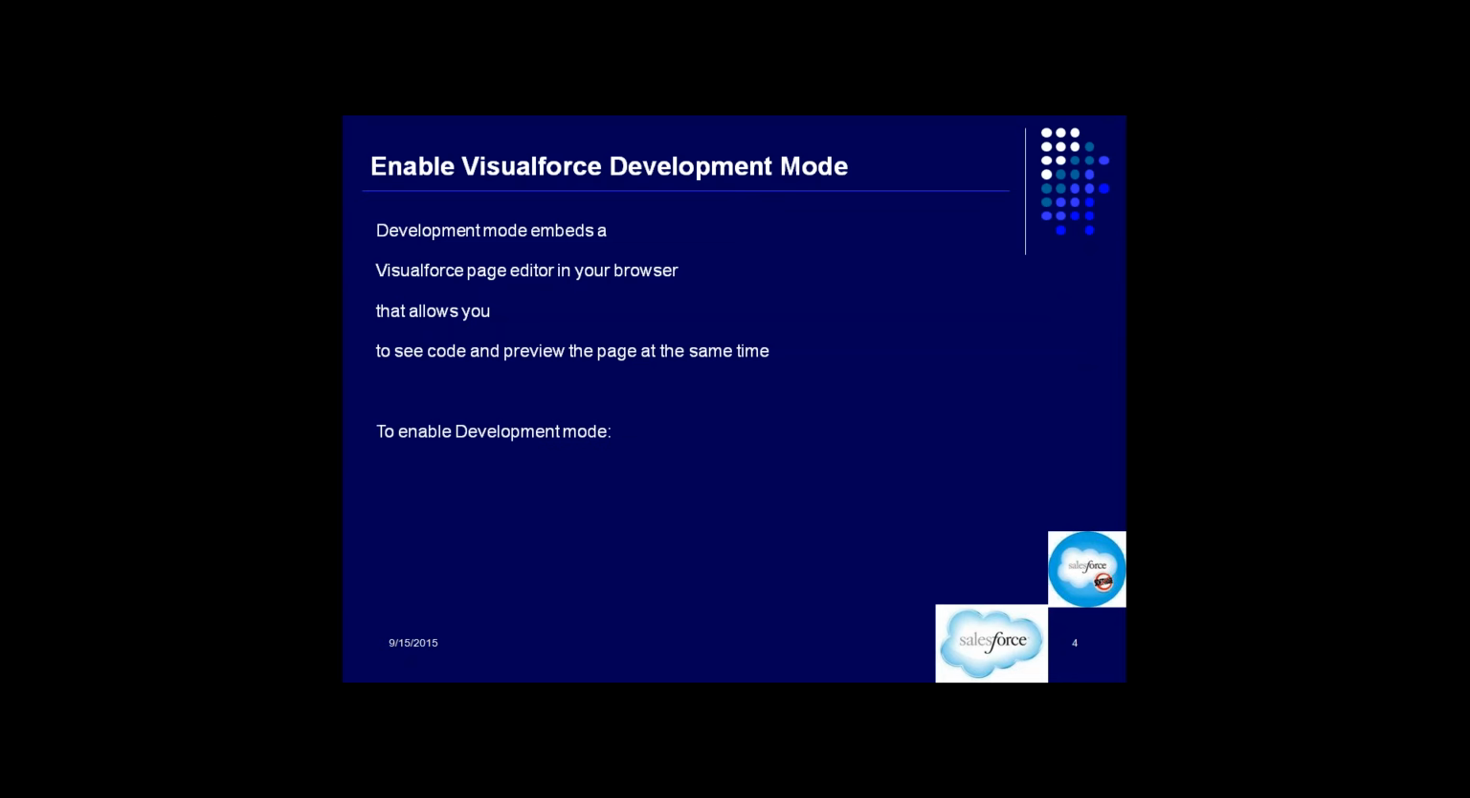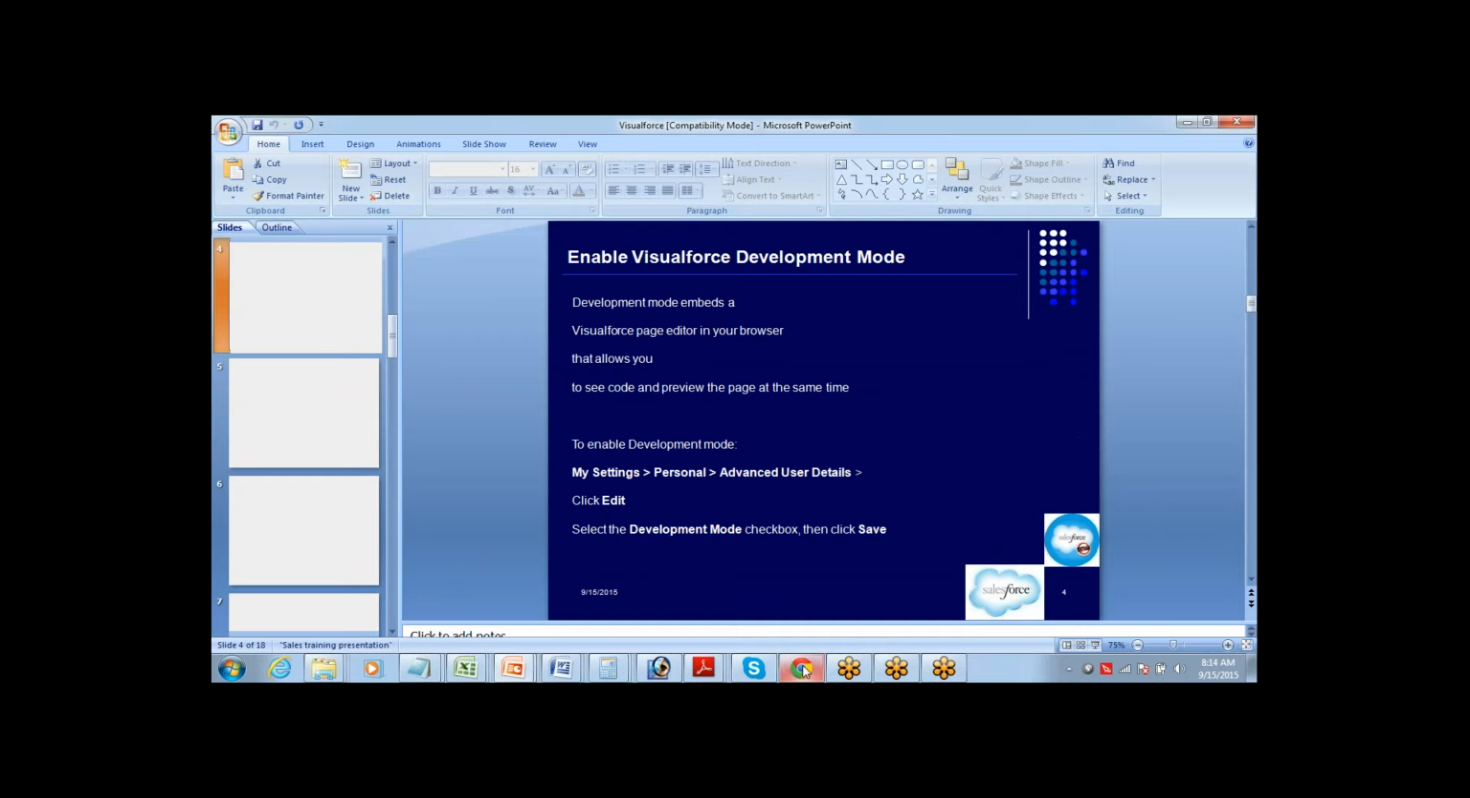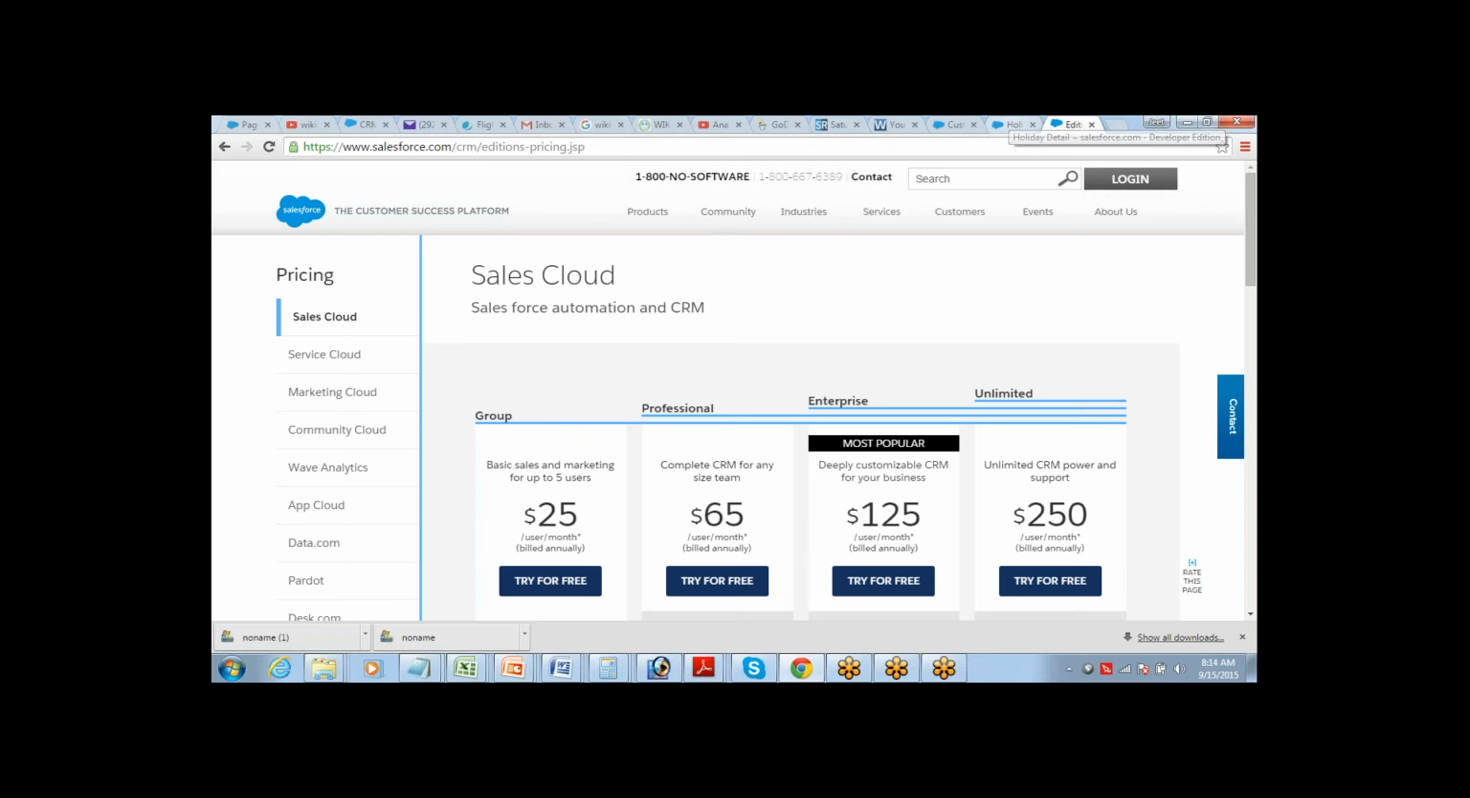How do you enable the development mode? It's very simple. All you have to do is go to My Settings, Personal, Advanced User Details, click on Edit, and then select Development Mode. Let me just do it and show it to you. Any user can just go to